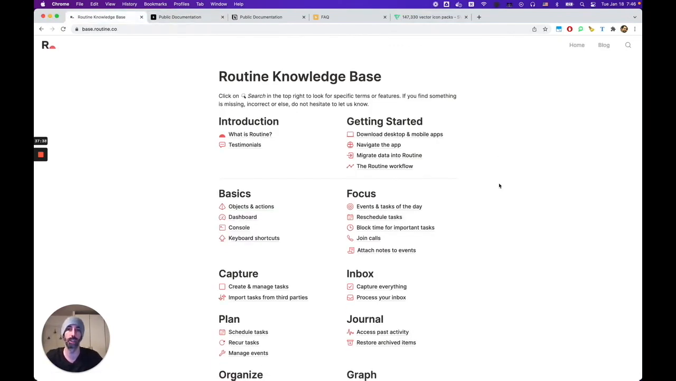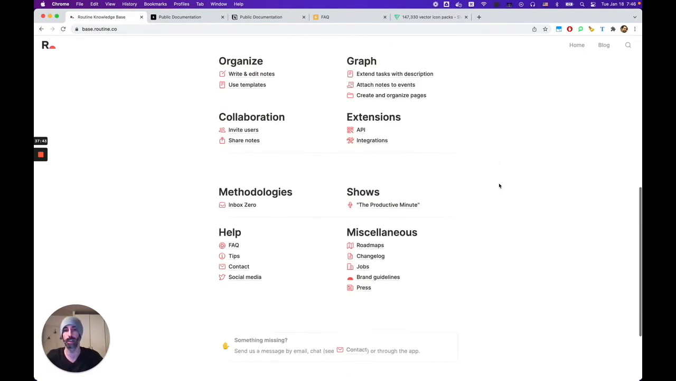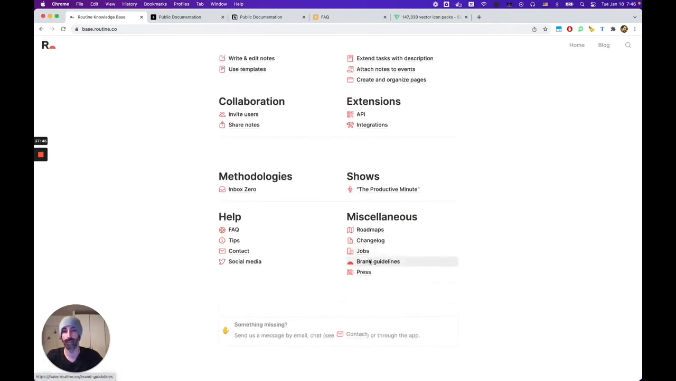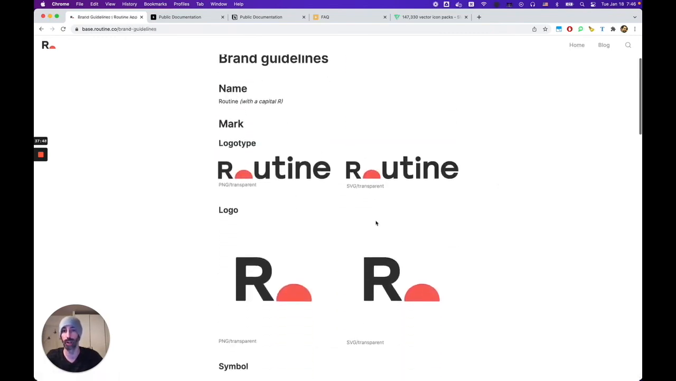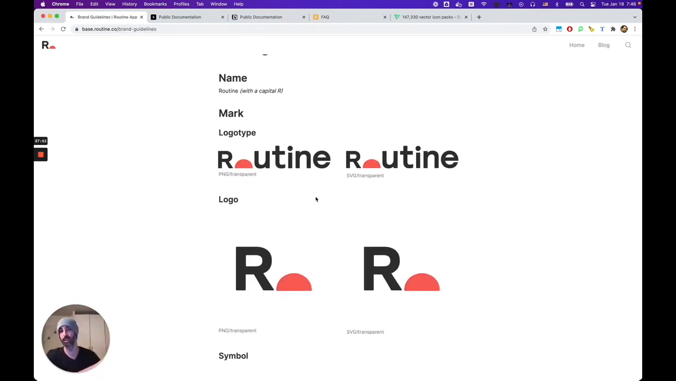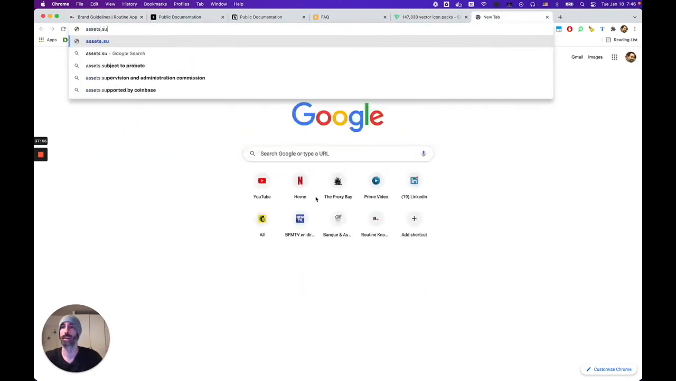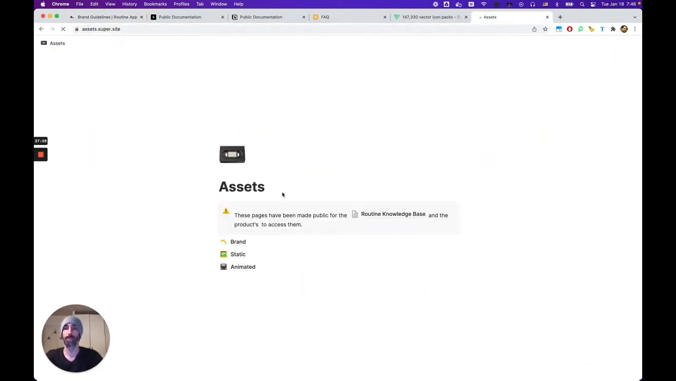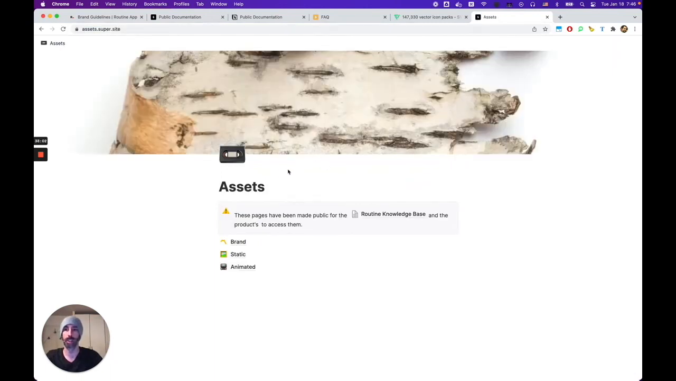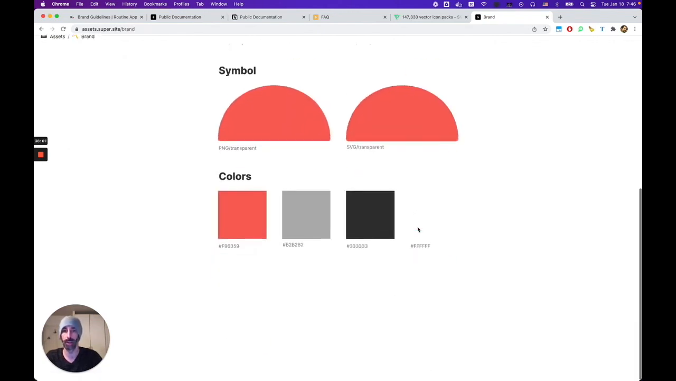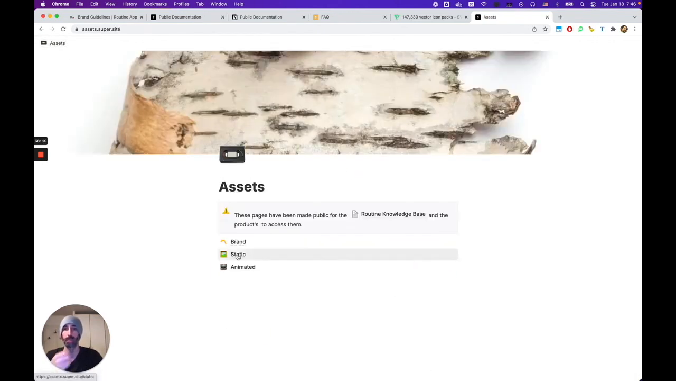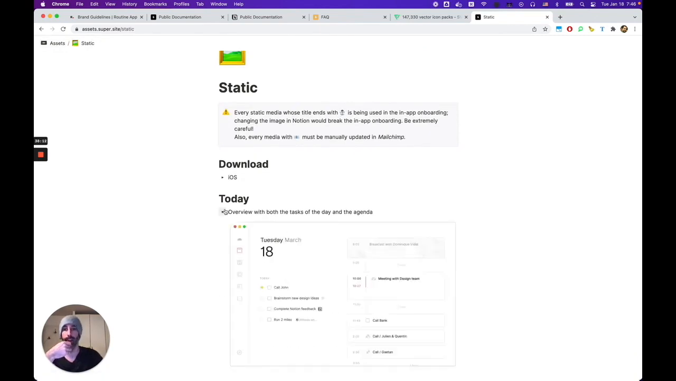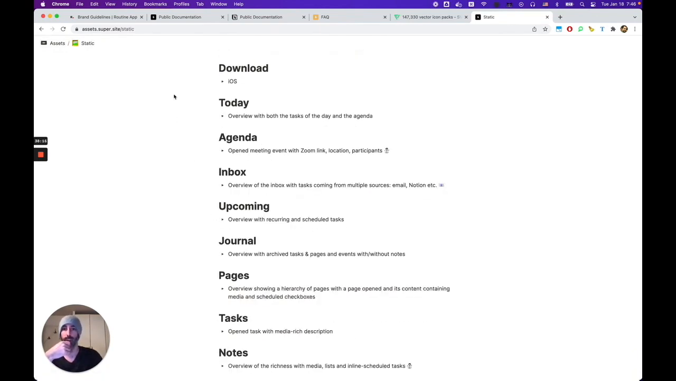And so, as you can see, for Routine, we use the exact same techniques that I just showcased in this video, where the assets, for instance, for the branding, it doesn't show here, but this is a sync block with a page dedicated to maintaining our assets. Actually, I can show you. It's this one. So we have a specific page which is shared publicly, as you can see, on Super.so, which includes all of our assets regarding the brand, regarding the product, static, as I explained, with some screenshots, but also